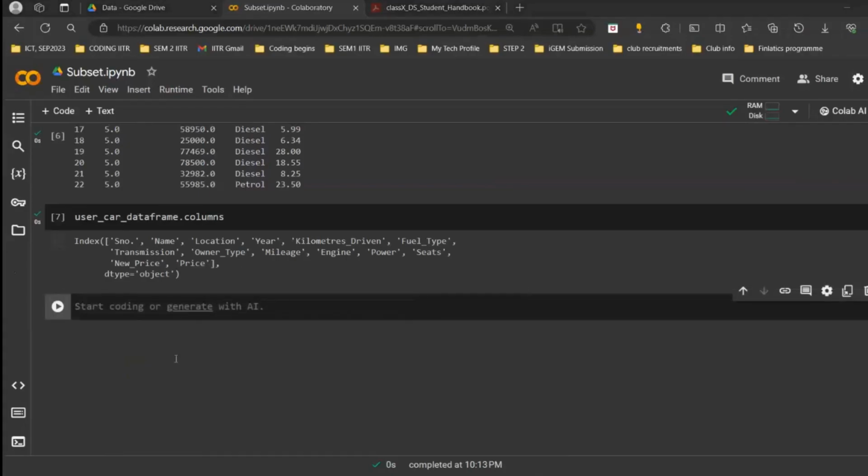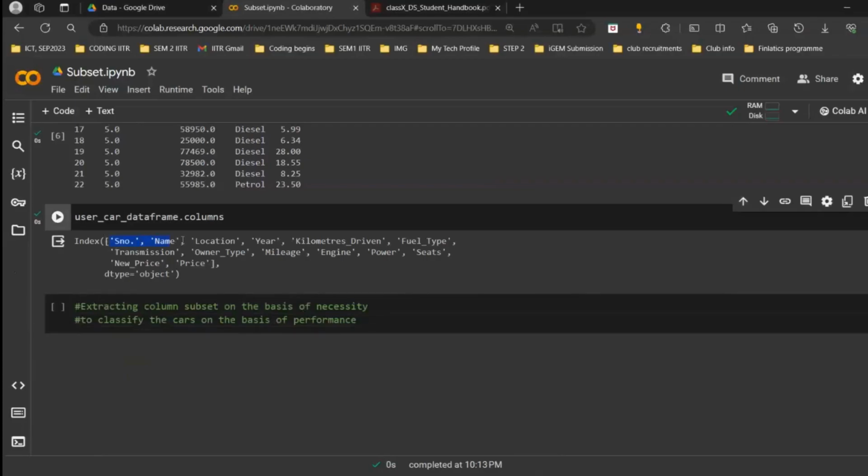Now, let us try one more condition, where we see on what case we can extract more columns. I already showed you two scenarios: one where we have to predict car sales city-wise, and a second where we have to suggest five-seater cars to the user. So this time, we are trying to classify the car on the basis of performance. Now just have a look at the columns we have. We have serial number, name, location, year, kilometers driven, fuel type, transmission, owner type, mileage, engine, power, seats, new price,